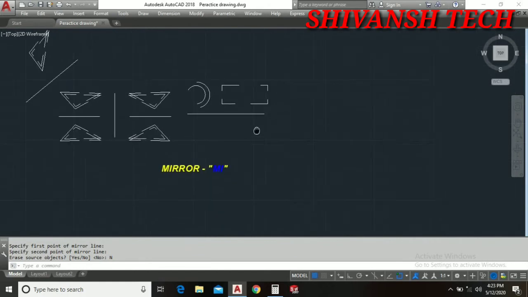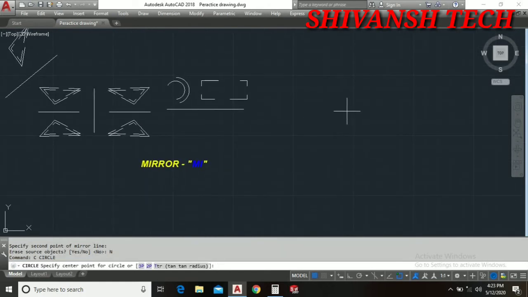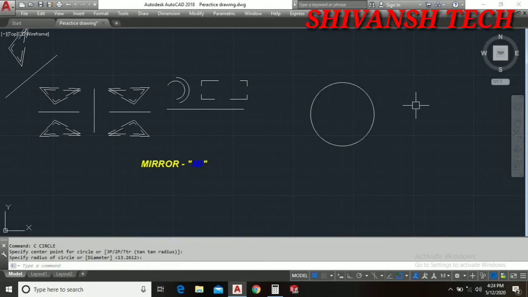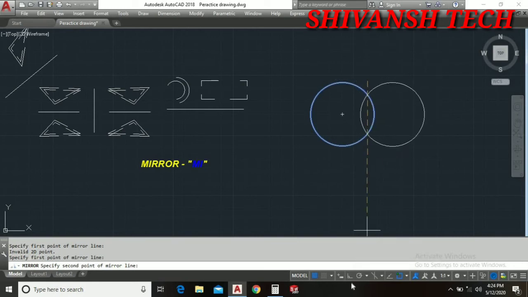Let's understand once more. Let's draw one different feature. I give L here. So guys, we don't always need a mirror line. We can give the mirror line without drawing one. Let's understand. I select MI, the mirror command, and select the object. I have selected it here, then space and Enter. Now it is asking for the mirror line's first point. You can click on the blank workspace also. I have activated ortho mode, so it will go straight. Now this has happened. Press N for not erasing the source object.